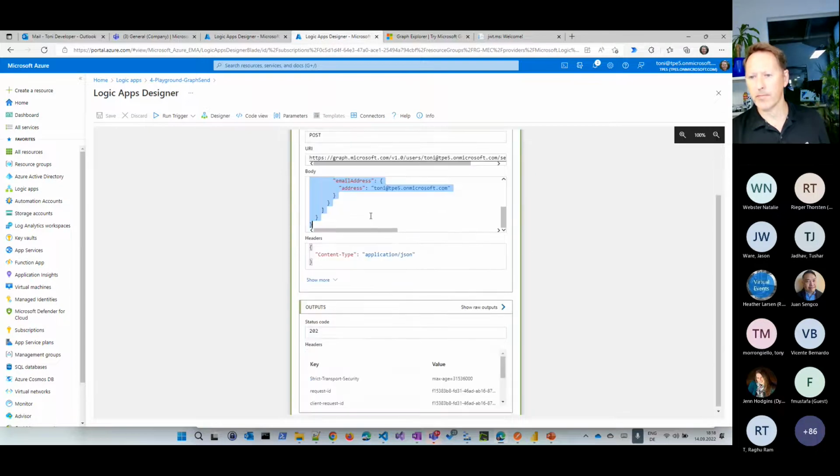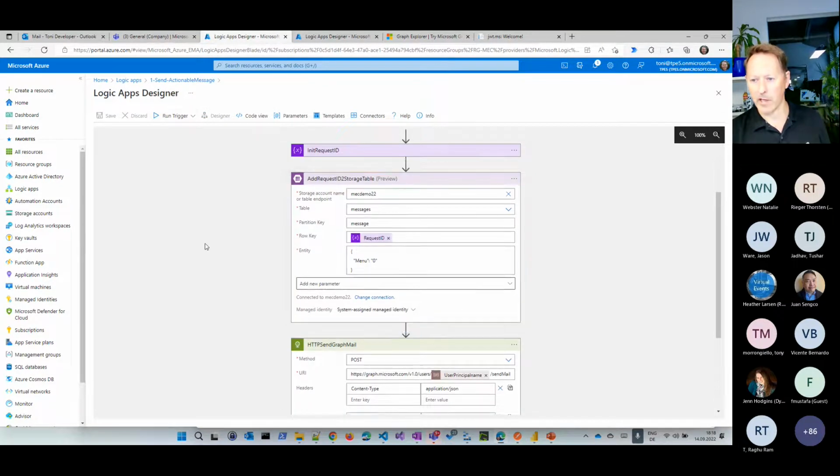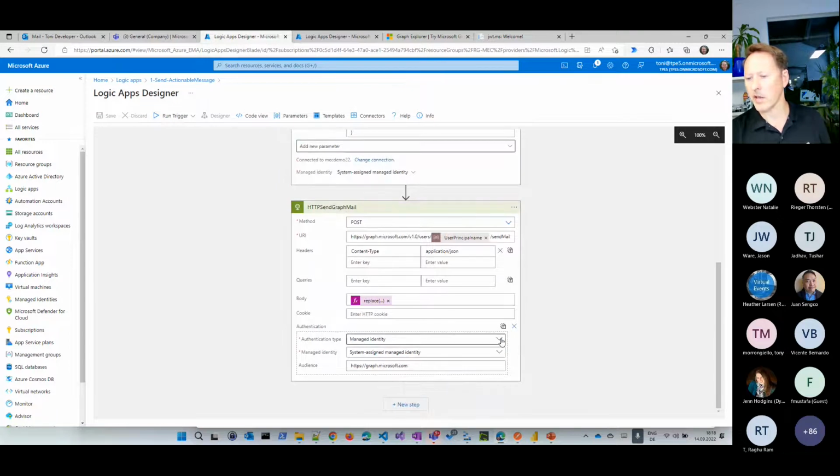What I did here in this actionable message here, I authenticated as a managed identity. And this is a recommendation I have for running most of the automation accounts or most of the automation processes: I don't authenticate with an application and a secret, but I'm using an application and a certificate. Or the best case, I'm using a managed identity, because that managed identity cannot leave Azure. This was also one of the questions. So this is the recommended way, not to use client secrets or post them to Notepad on a recorded video.